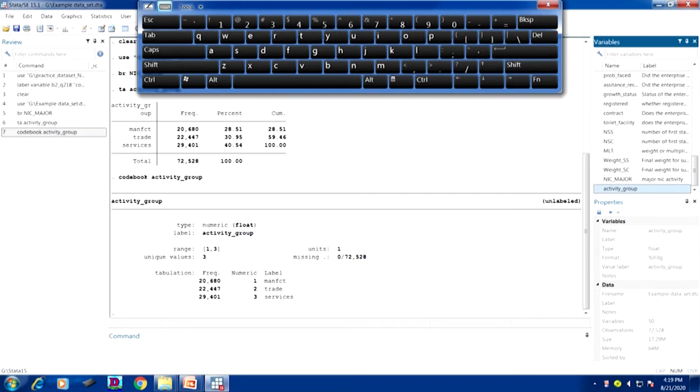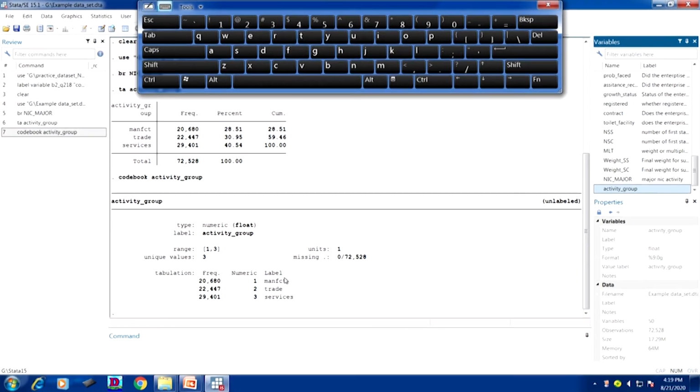Now we have labeled it for our own understanding, but if you want to label on your own wish, instead of a shortened manufacturing, you want to write the complete name, manufacturing.